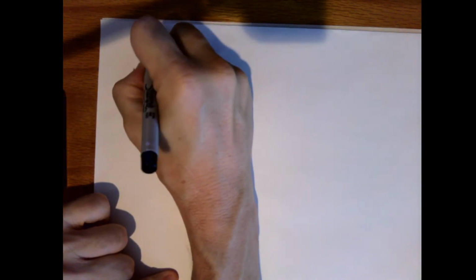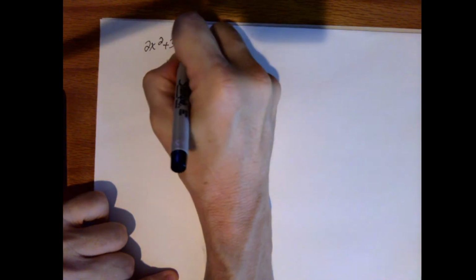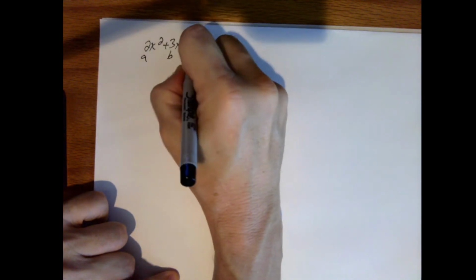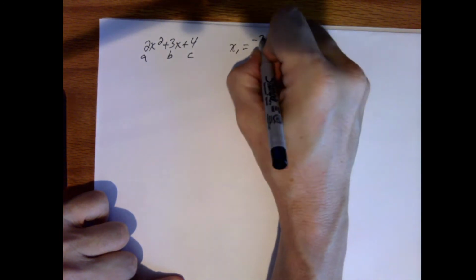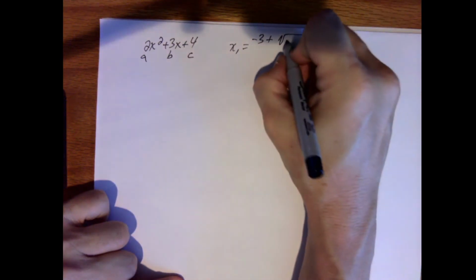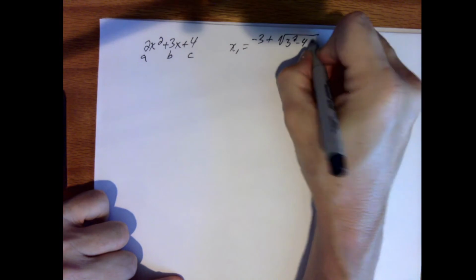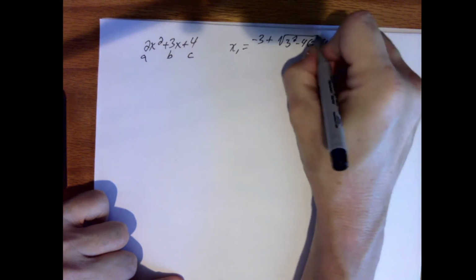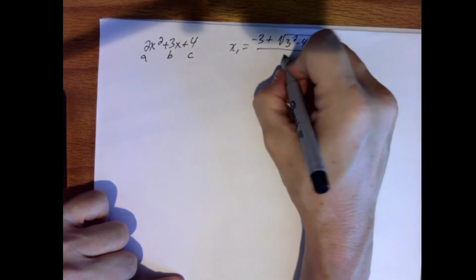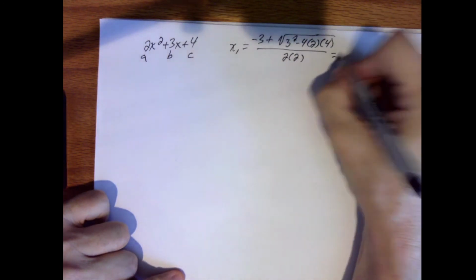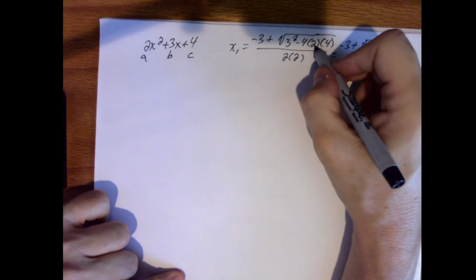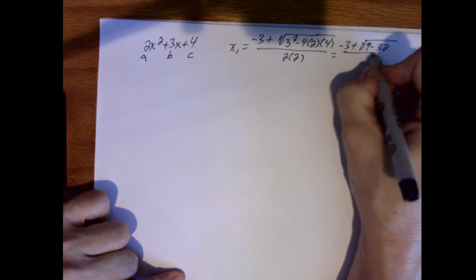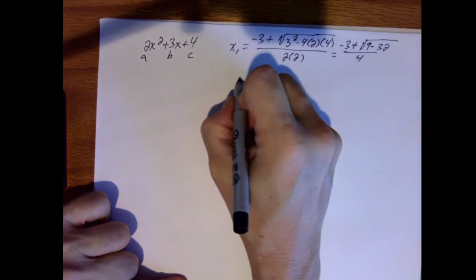Let's do another example. So in this one, let's have 2x squared plus 3x plus 4. So that's A, that's B, that's C. So we get x1 is equal to minus 3 plus square root of 3 squared minus 4 times 2 times 4 divided by 2 times 2, which would be equal to minus 3 plus square root of 9 minus 4 times 2 is 8 times 4 is 32 over 4, because that's what this is, which is equal to